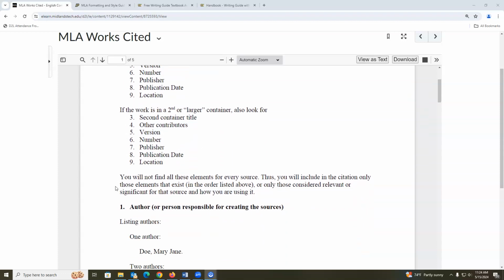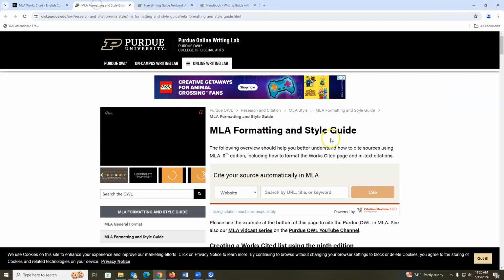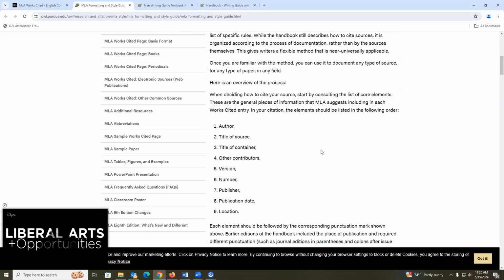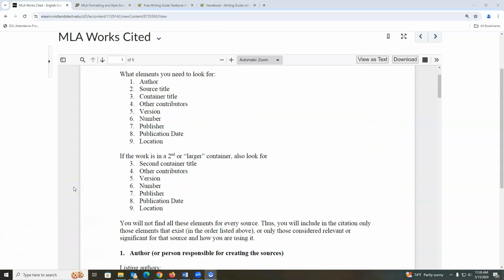You may read more about each of these elements on my MLA Works Cited handout or at the Purdue OWL MLA Formatting and Style Guide page. Not all of the elements will exist for all sources, and MLA dictates you may decide what information needs to be provided for your readers. Keep in mind you are communicating to your audience how they may locate the version of each source you used in your paper. To cite any source, go through the list of elements and determine which ones you may find